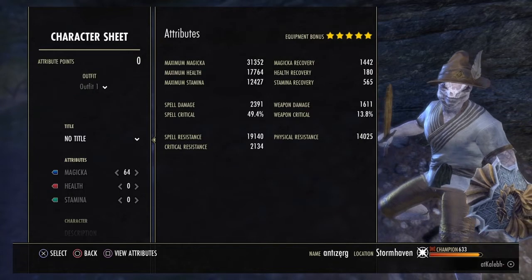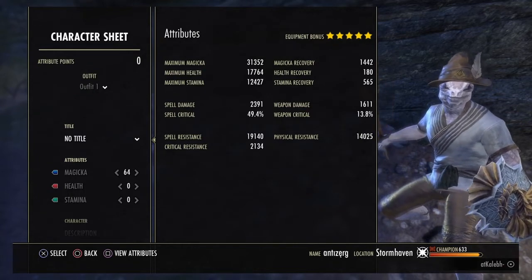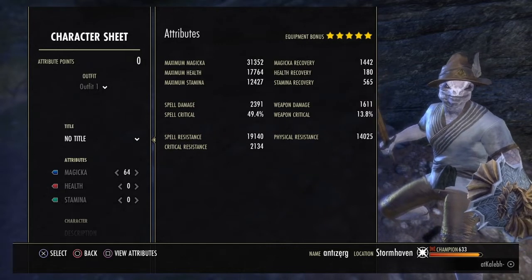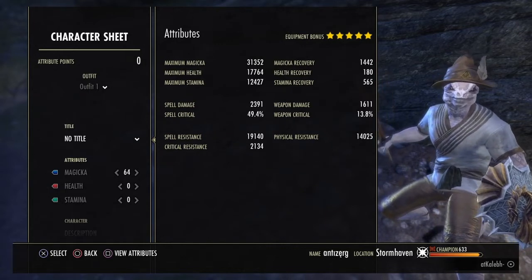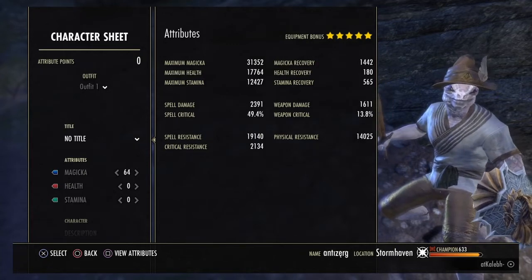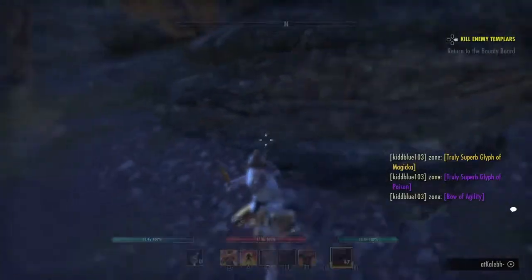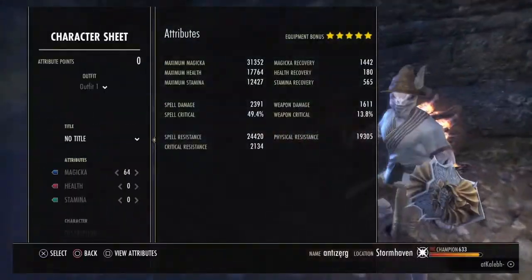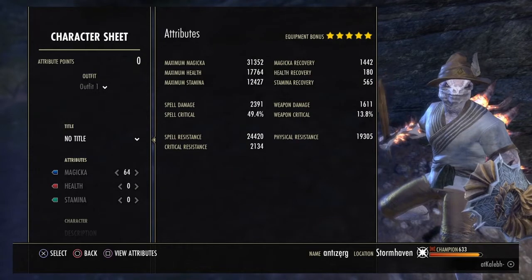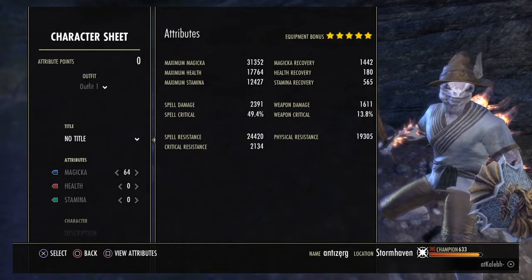49.4% spell critical. I believe that's a really good number. Our sets help it, and some skills that we have help it. 19.1k spell and 14k physical resistance. Pretty decent numbers, buffed up. 24 and 19. So I think that's a decent amount, especially with your reduced block cost on 3 or 4